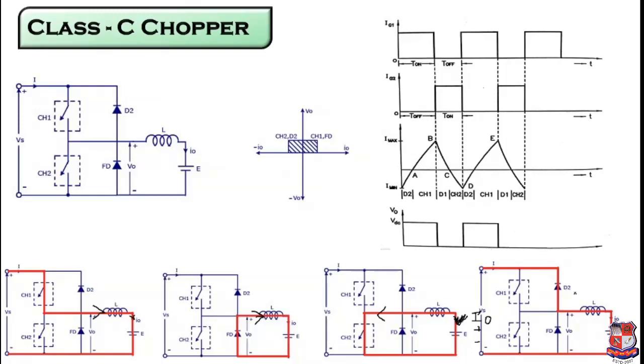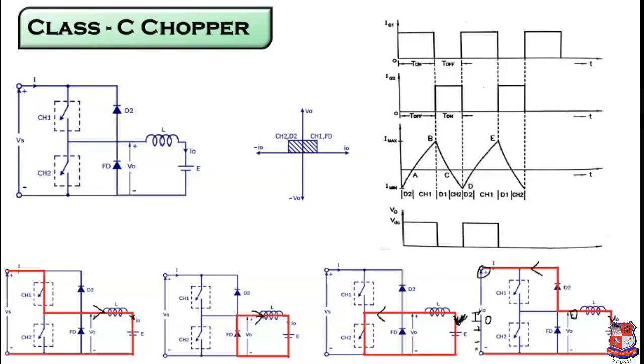As soon as D2 is turned on, the direction of current, which should actually be this way, is now in this way. So there is a total change in the direction of current. So again the current will still be negative, and the output voltage is still positive because this positive terminal is connected to the positive supply, and negative is connected to the negative supply.